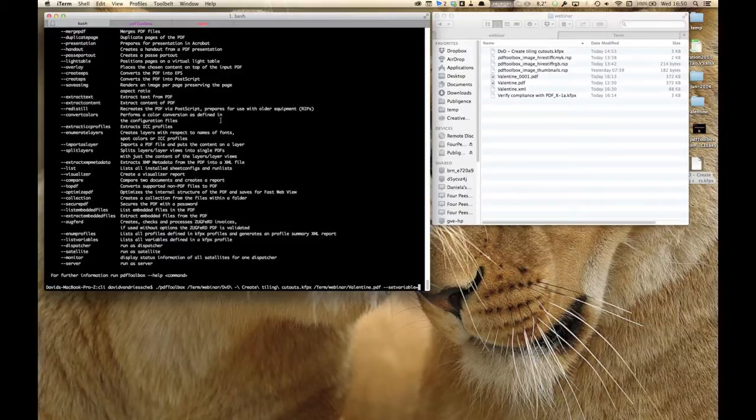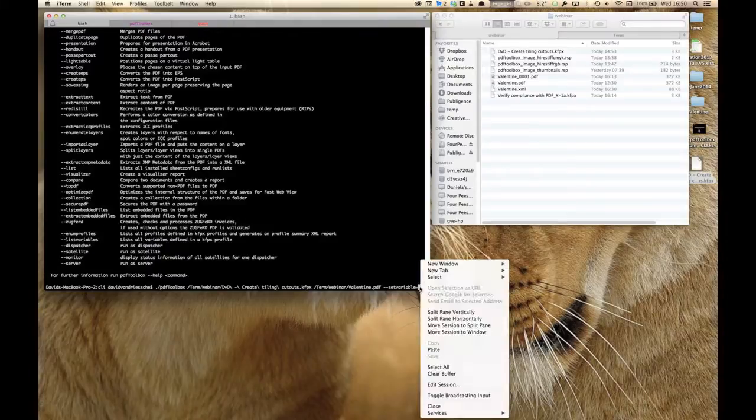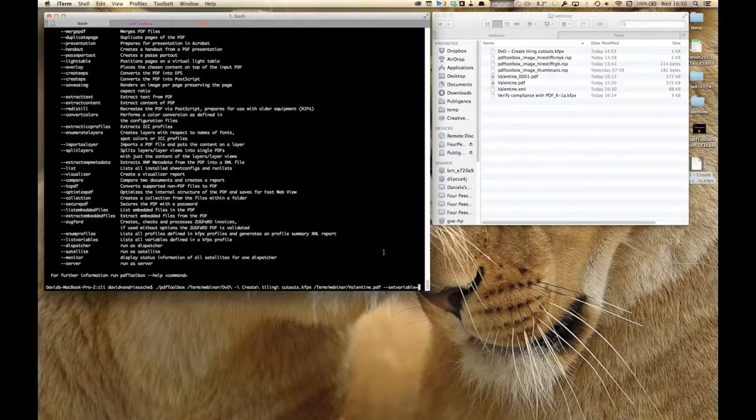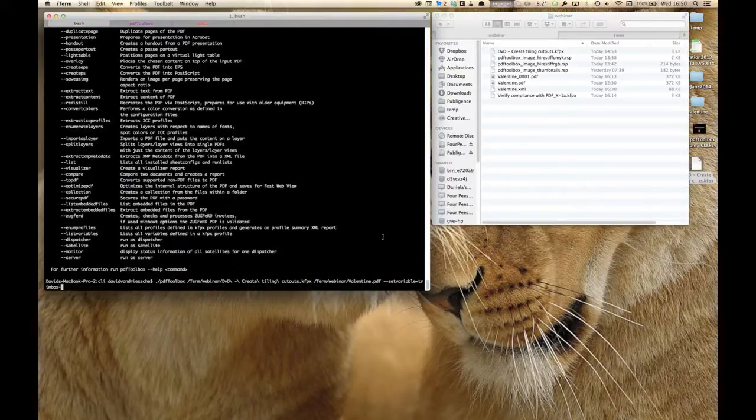So in my case, I could add set variable, an equal sign, then I have that internal name, and of course it didn't copy it correctly. That's usually what happens when I do these things. So that was trimbox left, if I remember correctly, but I'll show you how to verify that in a second. Trimbox left, that is that internal name of the variable that I defined. Follow that with a colon, and then I could say 10 millimeters. And I can repeat that for all of the variables in